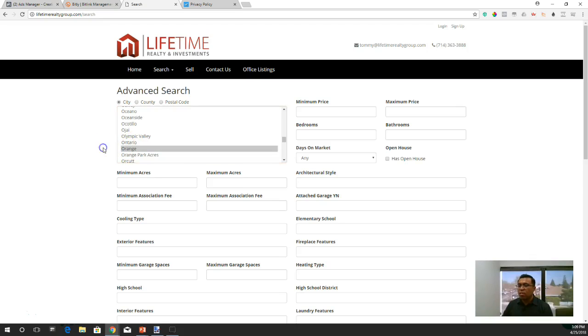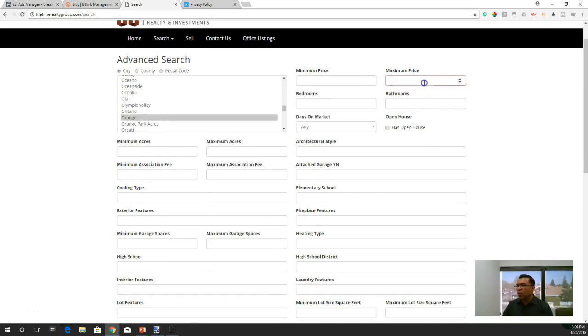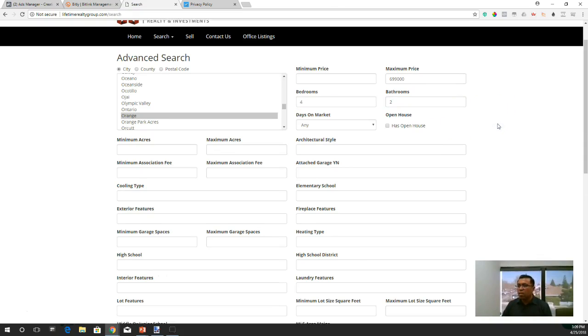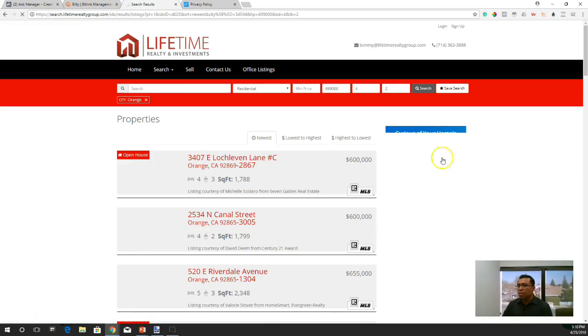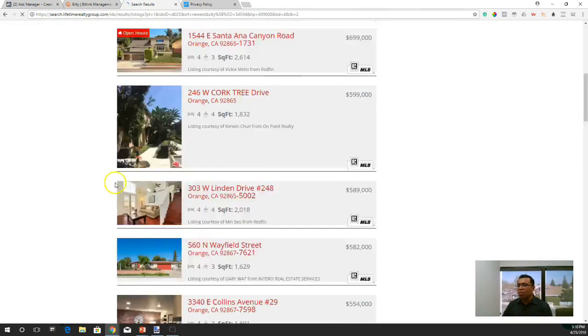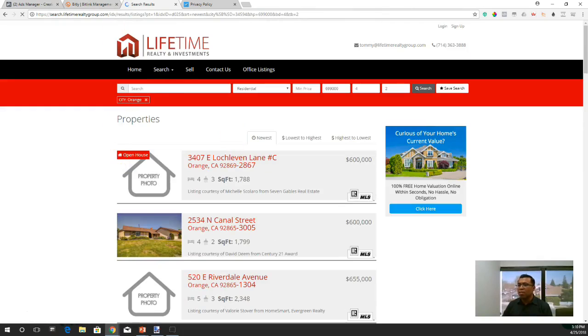City of Orange, and then I'm going to go to the price, maximum $699. That's the maximum price. Bedrooms, 4 bedrooms, bathrooms, 2 bathrooms, and I'm going to go down and click search. Now it's going to give me all the search results for those criteria, which is basically what I'm offering them on